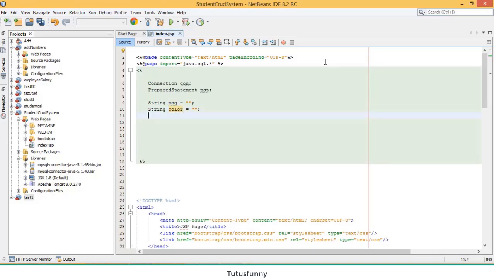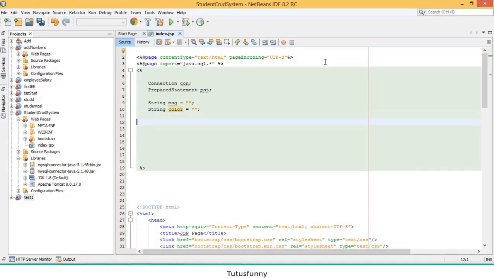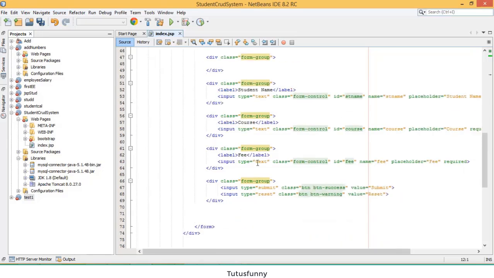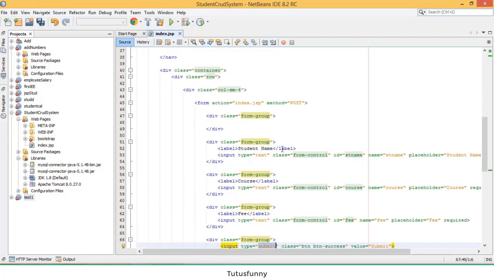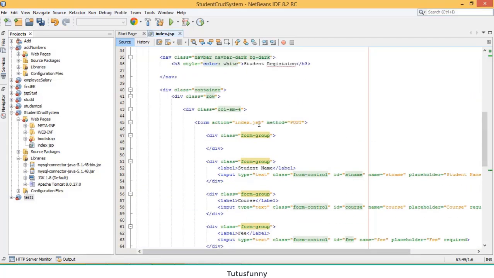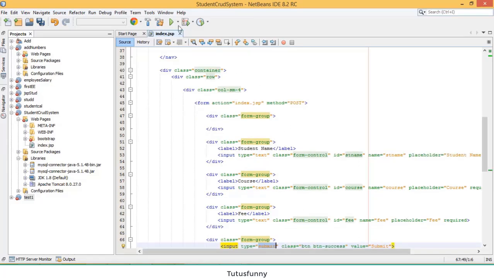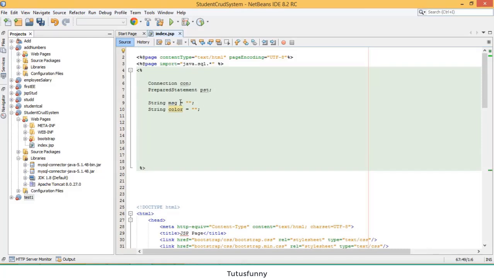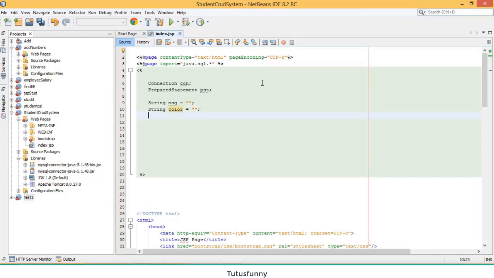After that, what I am going to do is, if you fill the form and click the submit button, all these fields, all the values you entered here go to index.jsp, which is the same page. All the records should go to the same page, right? Okay, so how do we retrieve the values on the same page? You have to write like this: